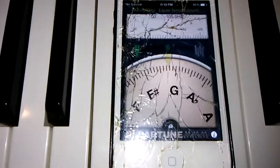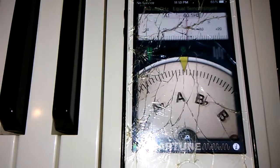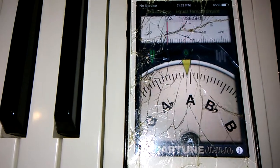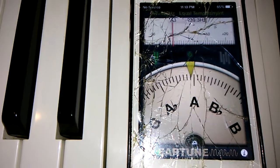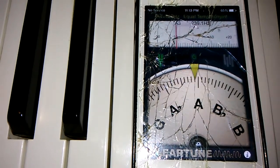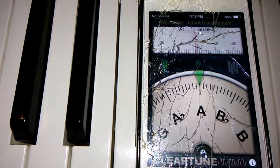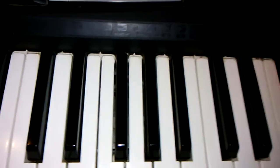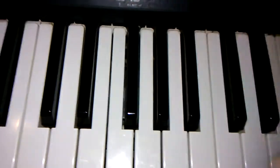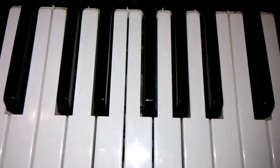Now take a look at the tuner, okay? Now watch what happens with the tuner. You see that? It depends on the phase of the wave, the time, all right? Now,